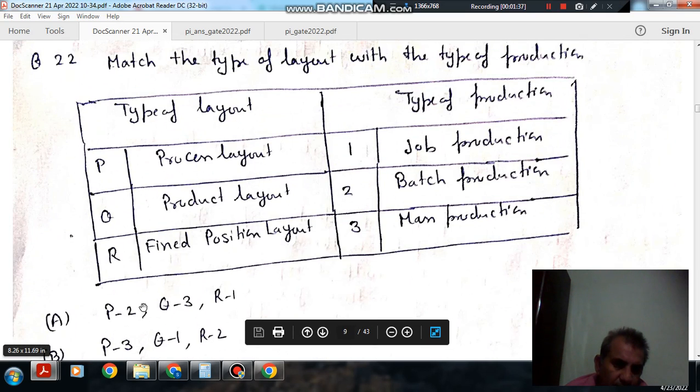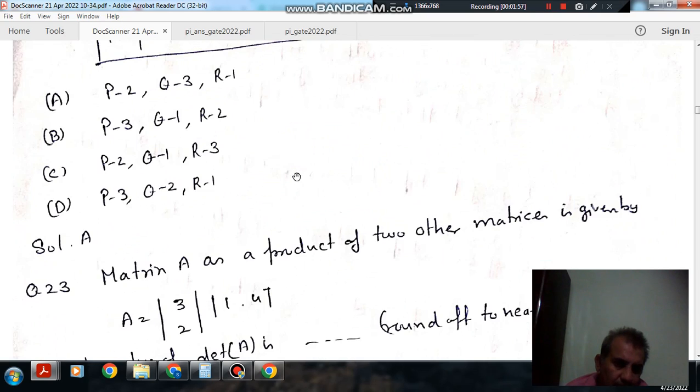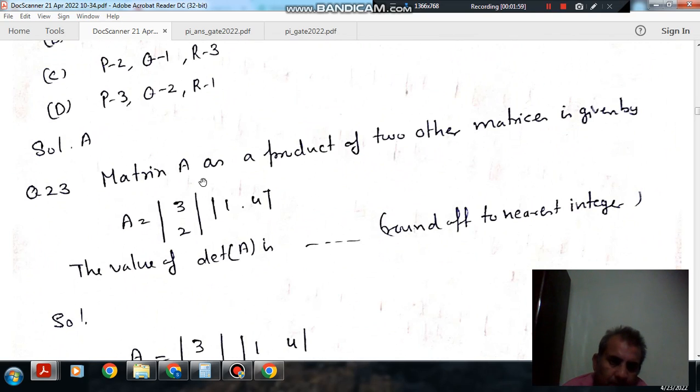So the answer is A, P2, Q3 and R1. So fixed position layout is job production. Q is 3, mass production. Process layout, P is 2, batch production. So the answer is A. Next, matrix A as a product of two other matrices is given by A,